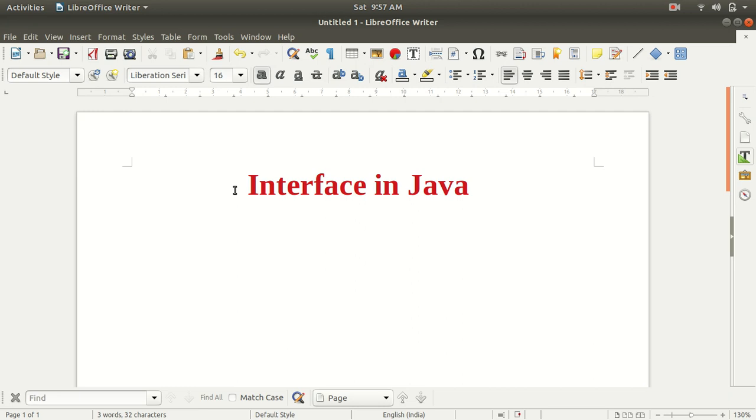So guys, first of all we are going to see the definition of the interface. So guys, what is an interface? Interfaces are similar to the abstract class but having all the methods of abstract type.